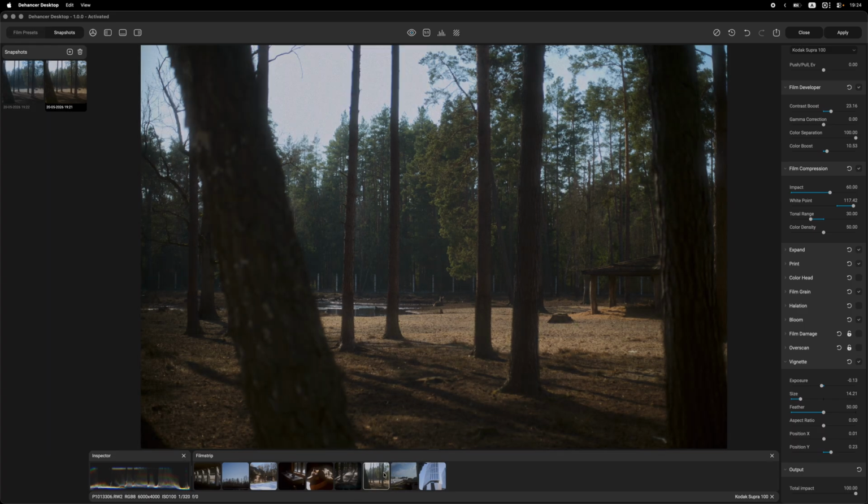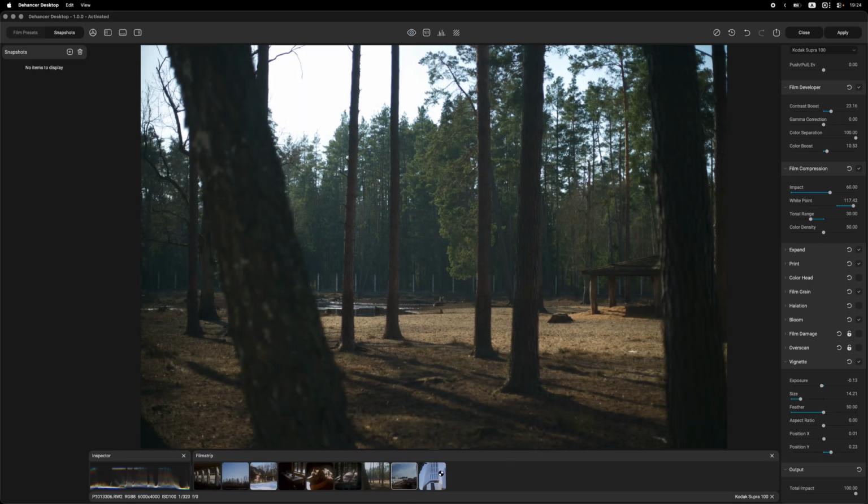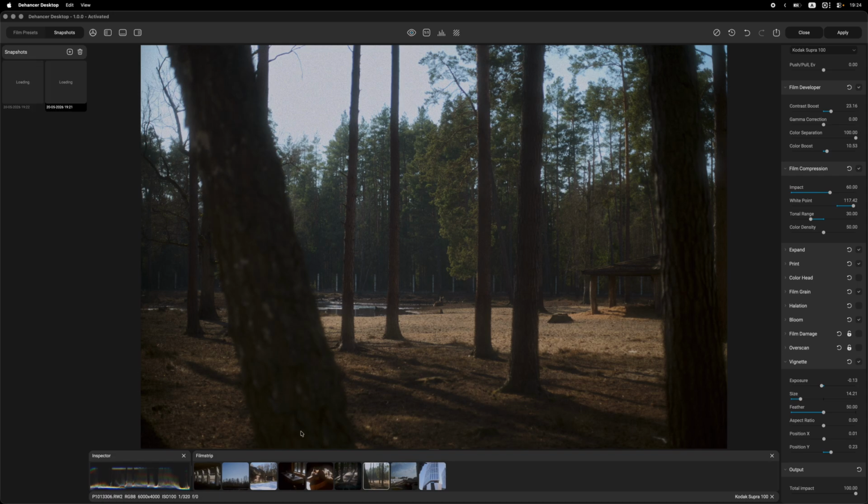And I told you previously that you can't really do that. Even holding down Control or Command in my case, or Shift, you can select multiple photos, but you cannot apply this edit to only a select number of photos in your film strip. You can only right click and apply it to the whole film strip,